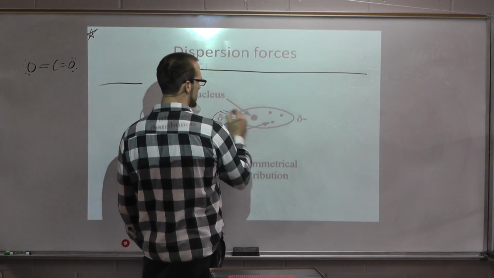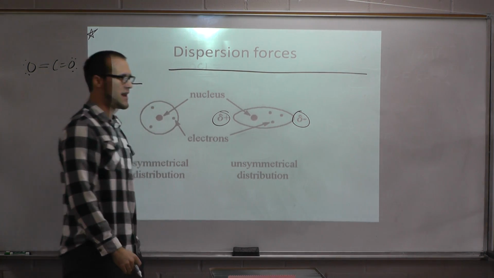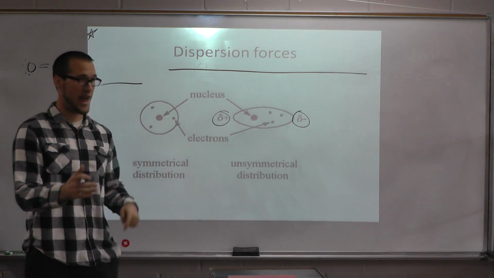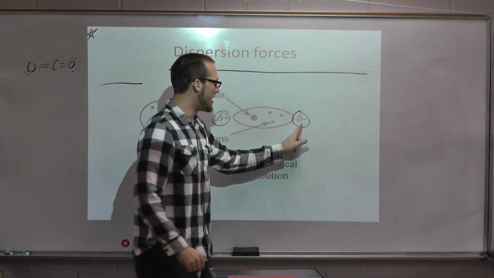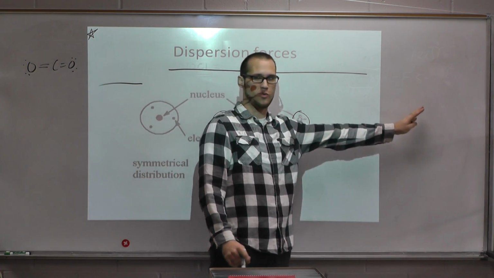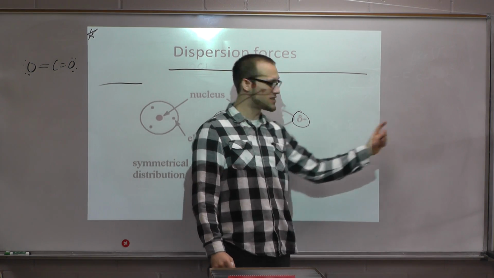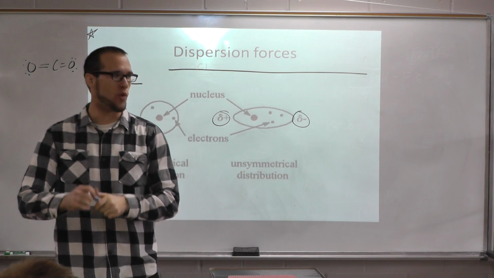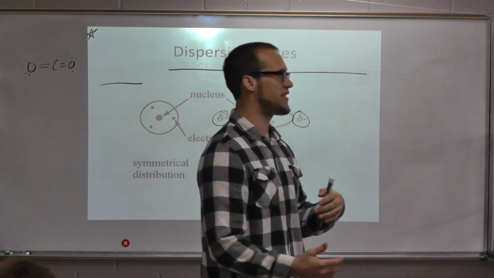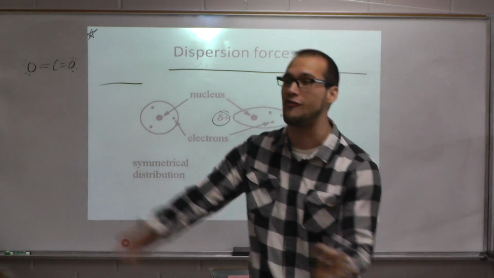If this side's positive and this side's negative, a neighboring molecule is going to have its electrons shift in a way so that the negatives of the other molecule will shift away, because it's not attracted to this negatively charged side here. And what you end up having is one guy creates the domino effect that creates dipole with everybody.